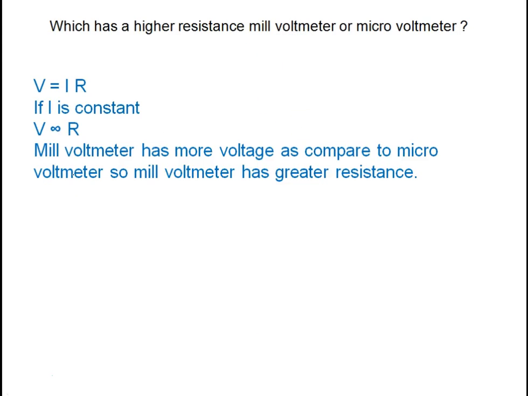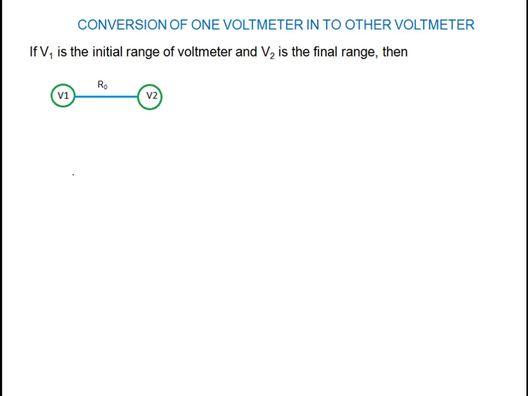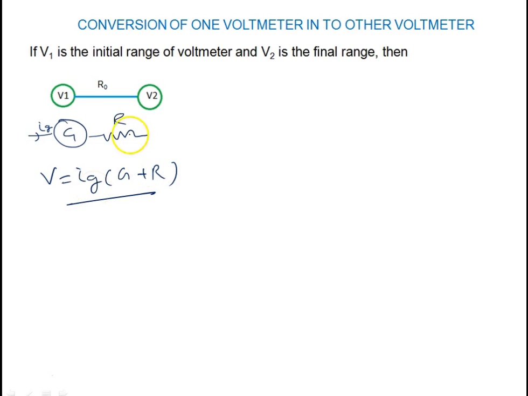So all of you just read it. Now we will convert one given voltmeter to another voltmeter, like we converted a galvanometer to a voltmeter. If I convert the galvanometer of resistance G into a voltmeter, I have to put some resistance in series. And of course, we know Ig is the full scale deflection current. We calculate V equal to Ig times G plus R. This equation we use in the numerical, whatever resistance is required to attach here.